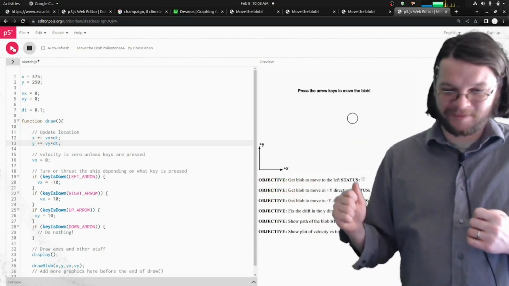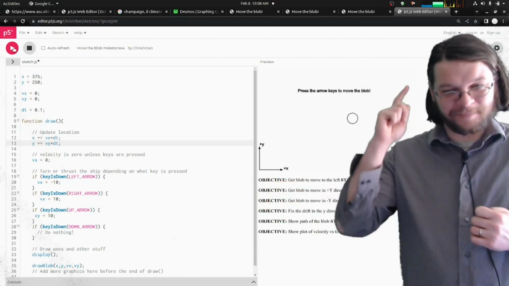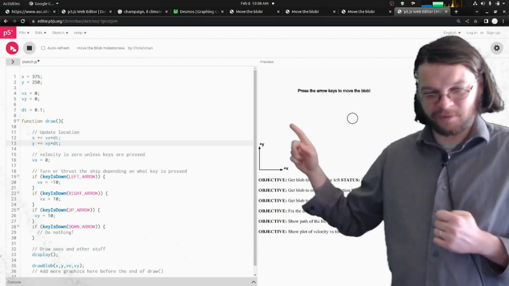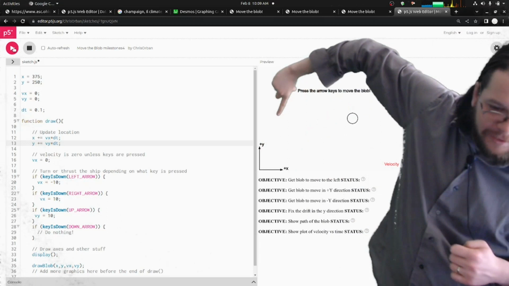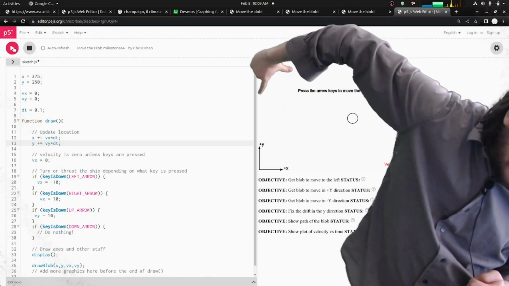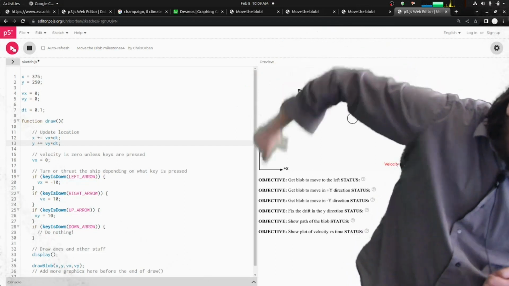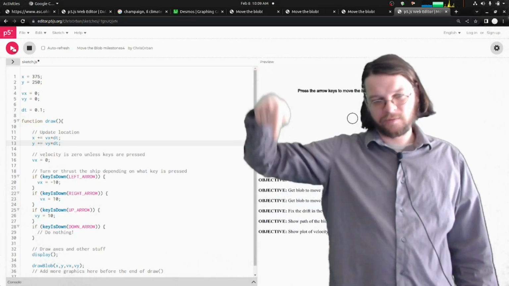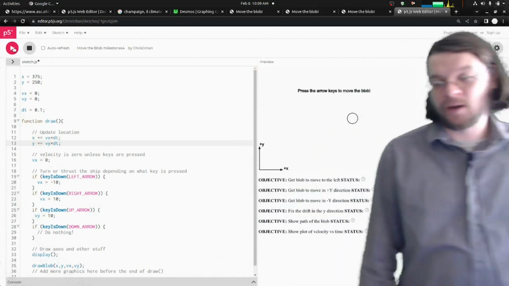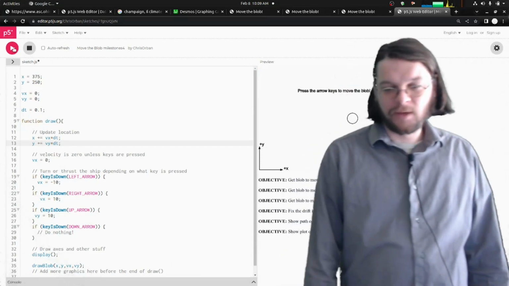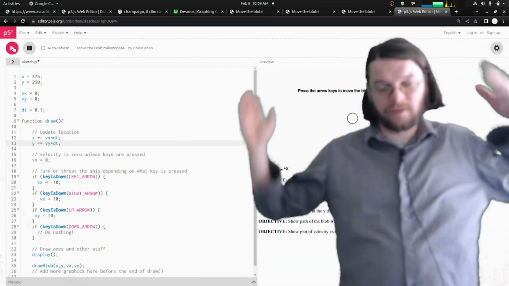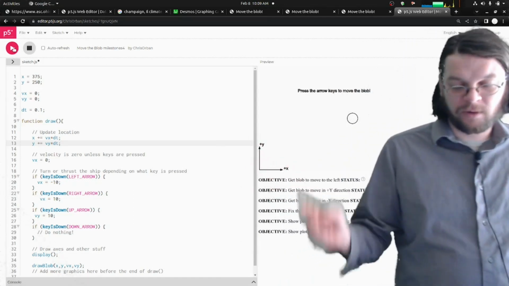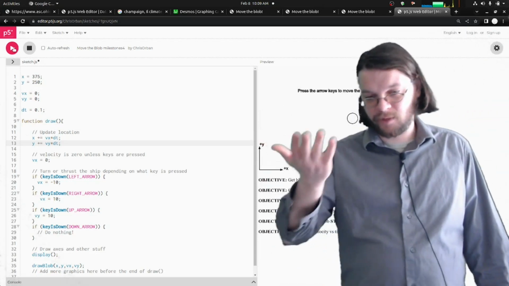positive y is up. So remember I said earlier that I am not a computer scientist? Well, that's a good thing because computer scientists would have put the axes for this thing up in this corner of the screen. So they would have put positive y as down and plus x as to the right. So for example, 0, 0 would be up here, and larger values of y would be down, and it would drive everyone crazy. But the computer scientists would say, well, this is what we do, and so I've flipped it. So I'm using the traditional math coordinate axes because I'm designing this for like 8th graders.